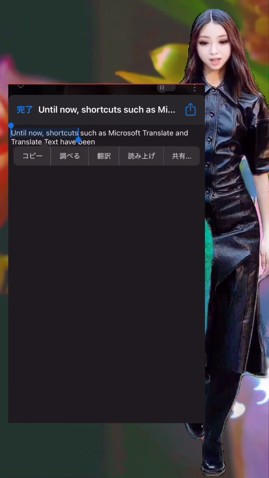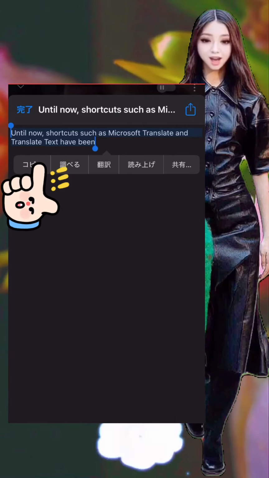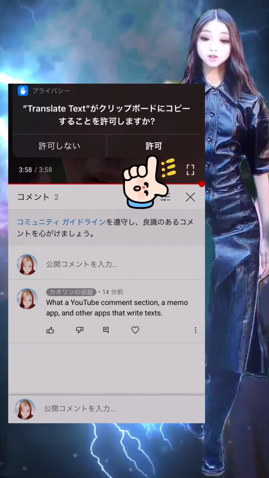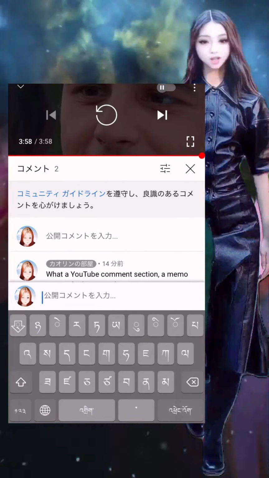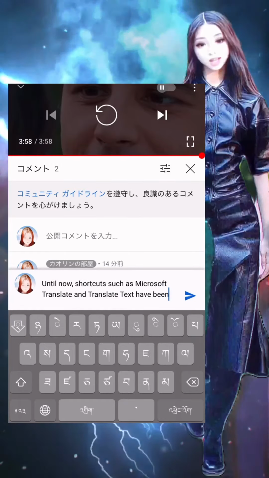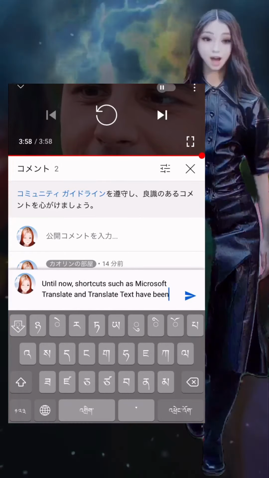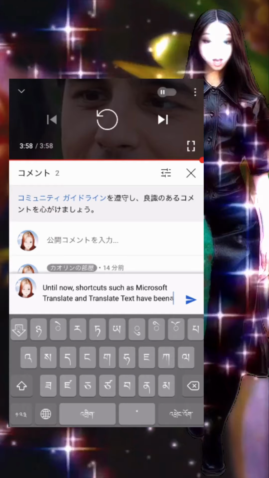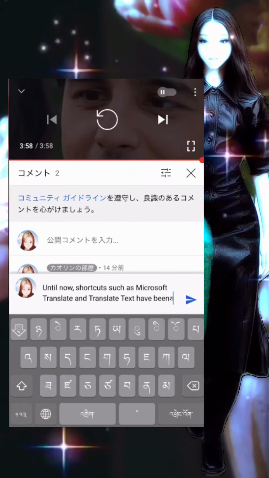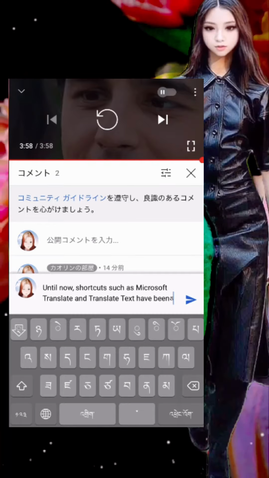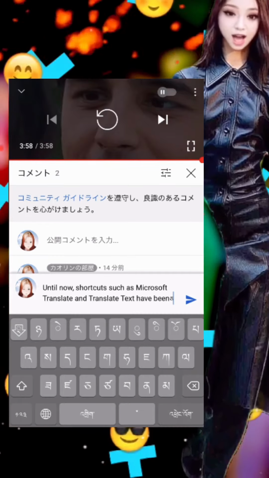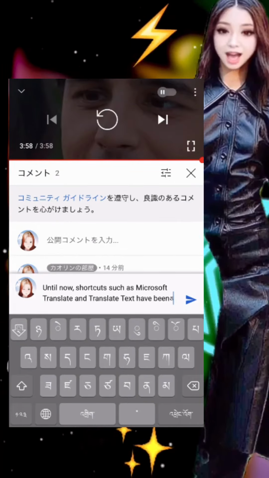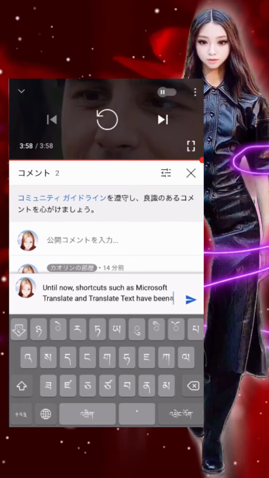Same for other languages. Until now, with shortcuts such as Microsoft Translator and Translate Text, I could do something similar, but I really needed to copy and paste. However, with this improvement, that hassle is eliminated. I used to launch a shortcut called Translate Text with a triple tap. I used to use it, but it was still a bit of a hassle because of the trouble of copying and pasting. Also, the triple tap was used for this and could not be assigned to another function. There are only two back tap functions, double and triple. With this improvement, triple taps can be used for other purposes. This is actually very thankful.